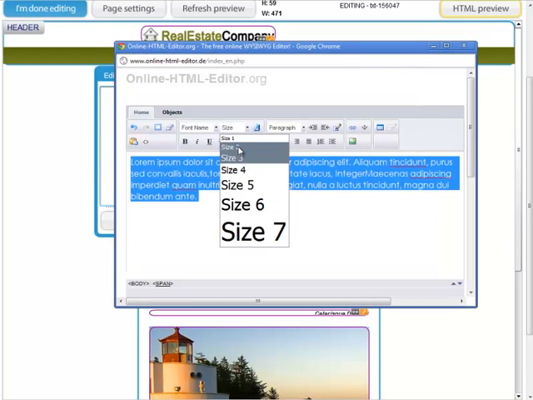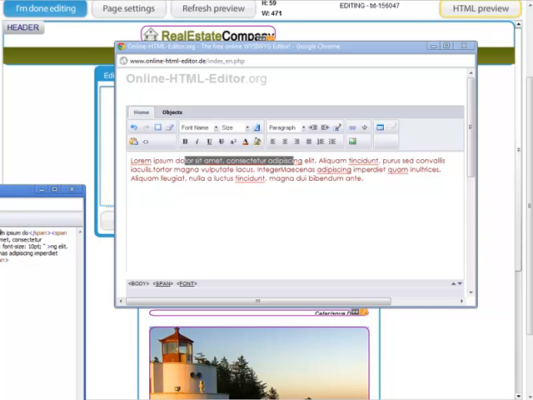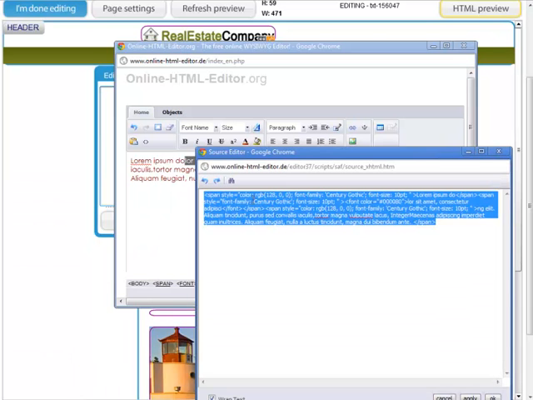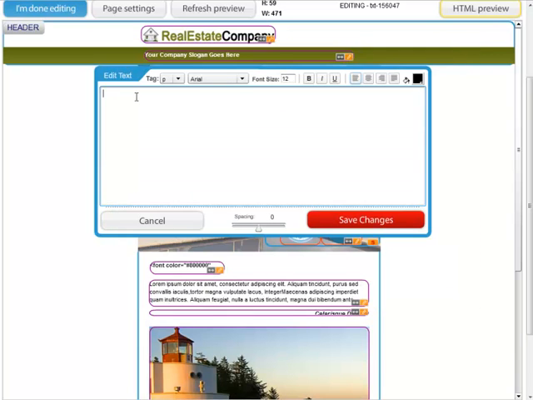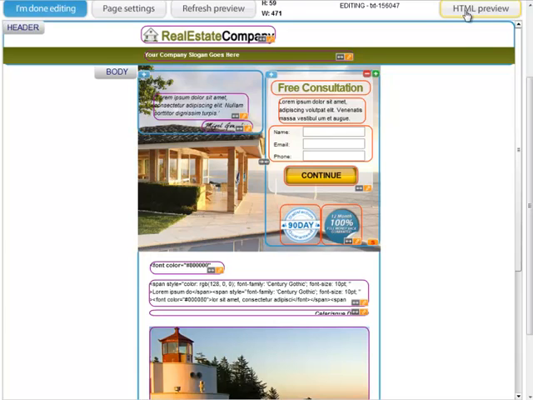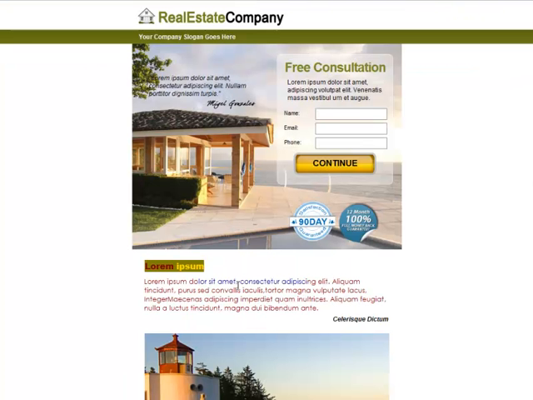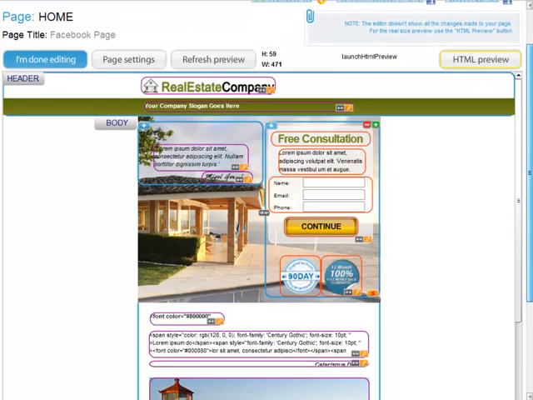Then click on code and get it, and just copy and paste it. This is advanced text editing, but it's good to know that you can do that. Or you can insert links, flash, and anything this way. We have another way to do that, but it's good to know you can do that